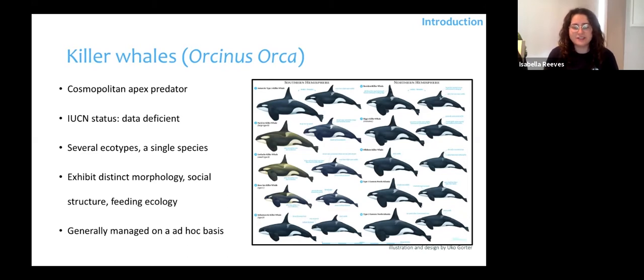And this, obviously, in some parts of the world, like the North Pacific, is not generally the case, but in a lot of places like the Southern Hemisphere, there's actually quite little known about the killer whales in those regions. And this might be just due to lack of dedicated research effort, but also probably due to their complex population history. So in places such as Australasia, for instance, we know the animals are there, but we just don't have any information yet that can really be used for effective conservation management of the species regionally.